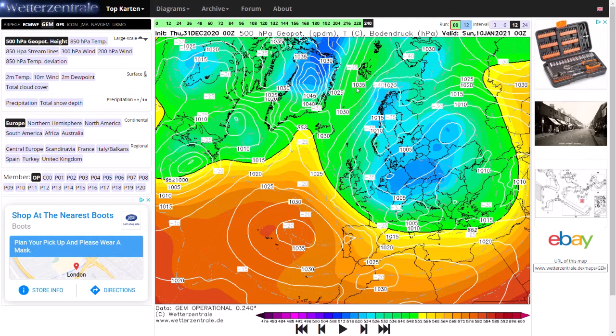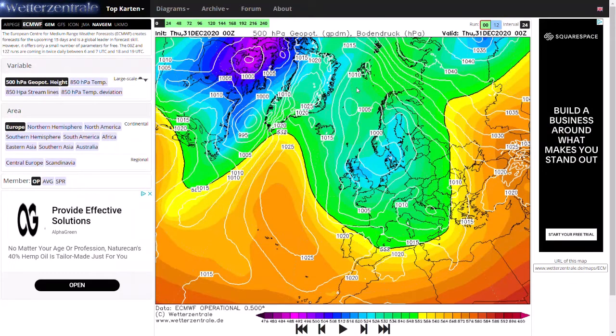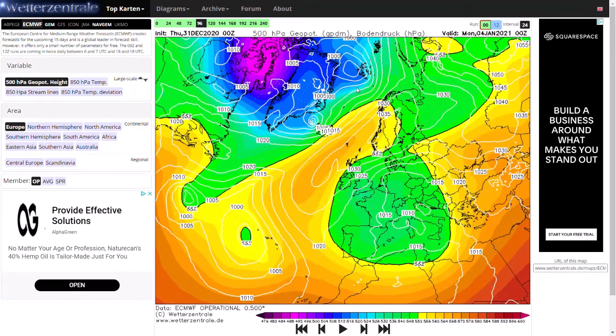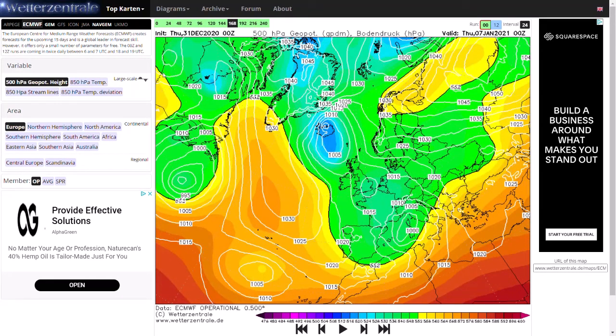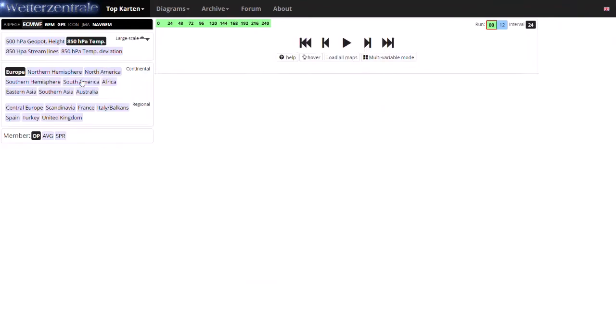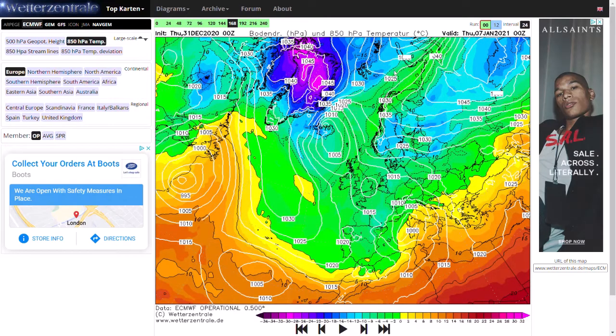Now, the GM is actually backed up by the ECMWF, interestingly. If we have a look at the ECMWF, we build that area of high pressure to our north, pull in those southeasterly winds, and then that low pressure dives through the country. Again, it contains quite a lot of cold air, and already the Scandinavian high is starting to pull in the colder air from Siberia. So we've got quite a lot of decently cold air just to our northeast in a